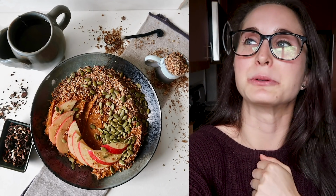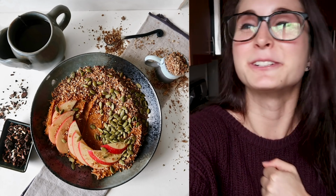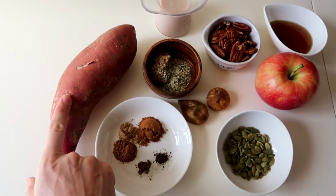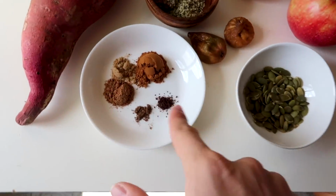This first recipe is a sweet potato pumpkin spice breakfast bowl, which is the perfect fall comfort food. It's nice and warm and fluffy and delicious. And I know sweet potato sounds possibly kind of weird for breakfast, but trust me, this is gonna blow your mind. So for this recipe, you will need 1 sweet potato, and then we're gonna make our own little pumpkin